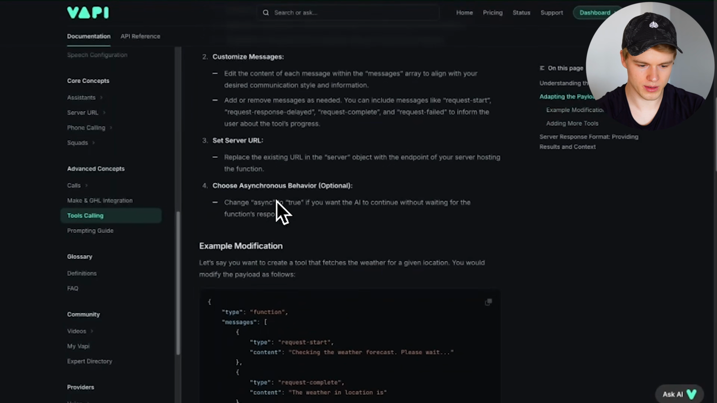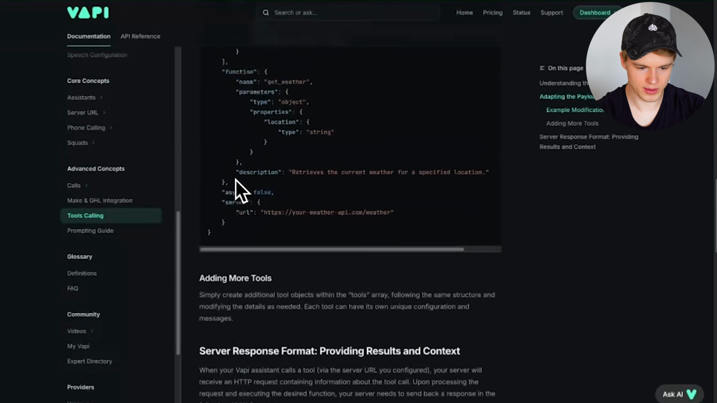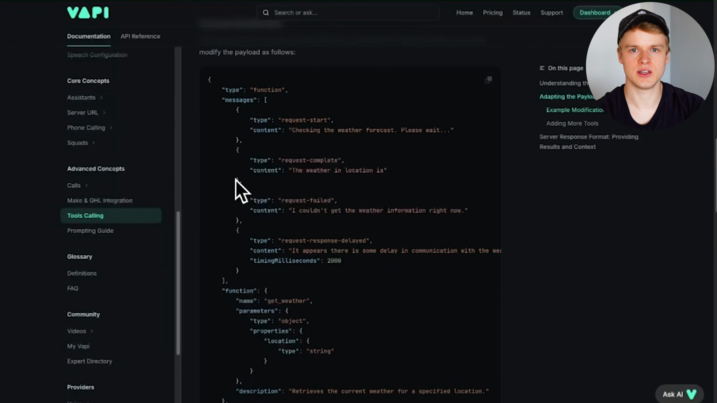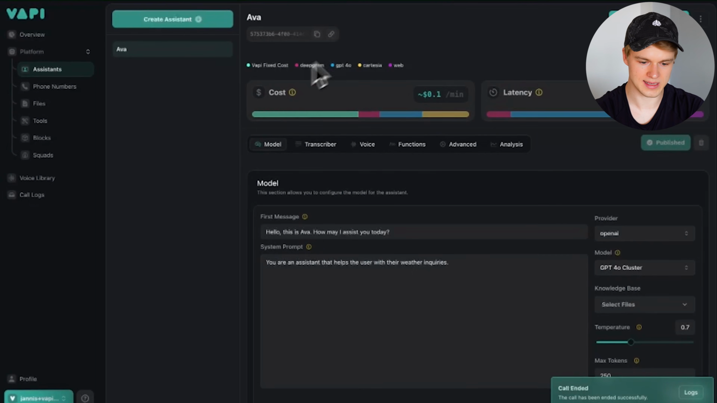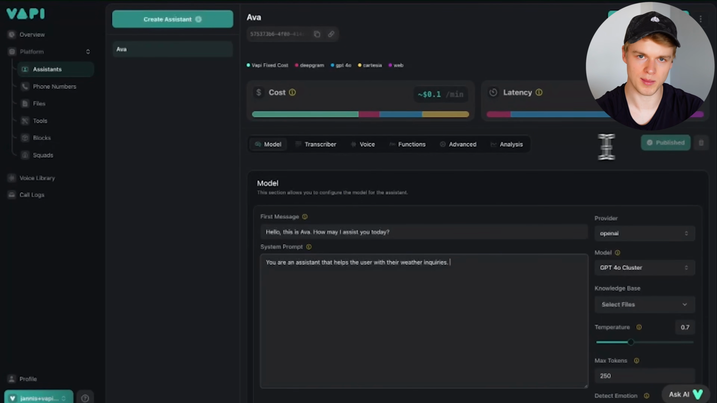And in the tool calling section, you have this example modification right here, which is literally just a JSON interpretation of the tool call that we have created inside of our Vapi assistant. Now, if you're part of my channel, you know that Vapi offers two types of assistants, which is a static assistant, which is what you directly create inside of your dashboard. So basically this ABA assistant right here,